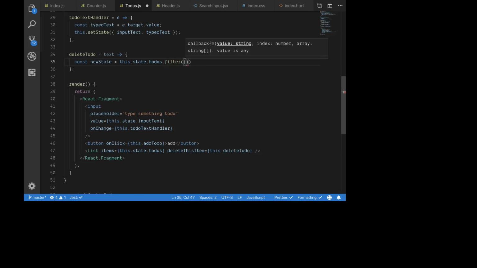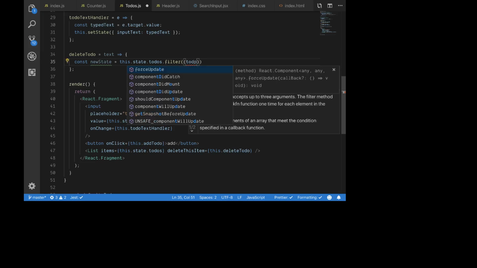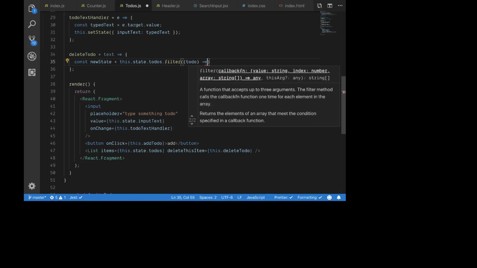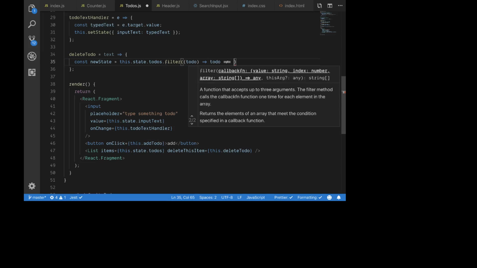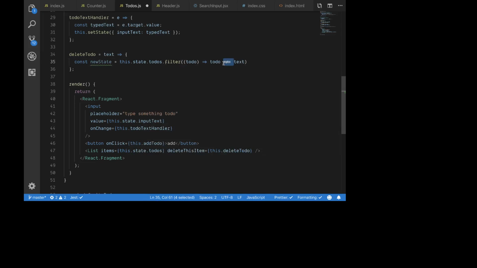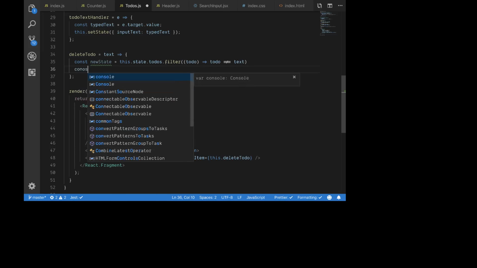And filter will give us what we need. I want to take everything that is different from the text. Sorry for this, it's just my editor, but it's just not equal. So we take everything except the text that you are passing. And after that, now we can console.log